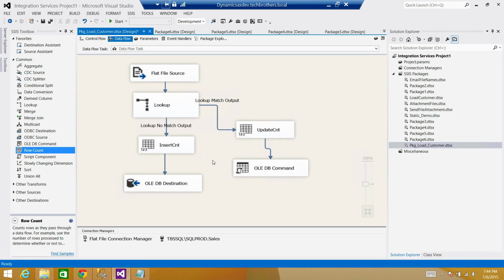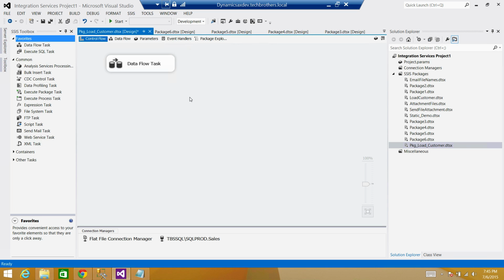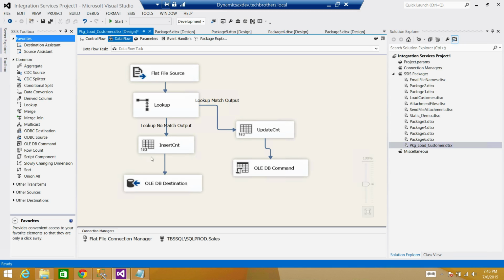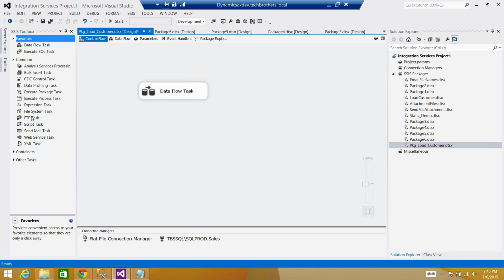Our package is going to read the records and then insert the new records and update the records if IDs already exist. Fine. The last part we are missing here is that we need to send an email. If you have a for each loop container, you could use the send mail task on top of those. And if it is only a single data flow, just use the send mail task. Right now I'm saving only two values, insert count and update count. There could be a scenario where you are using a lot of tables, so go ahead and create more variables and just save the information to the variables, and the rest of the part will be the same. So now we will bring in the send mail task,